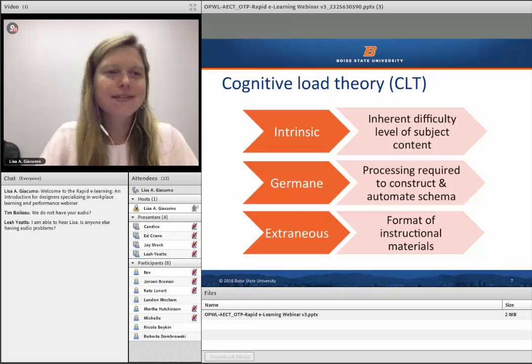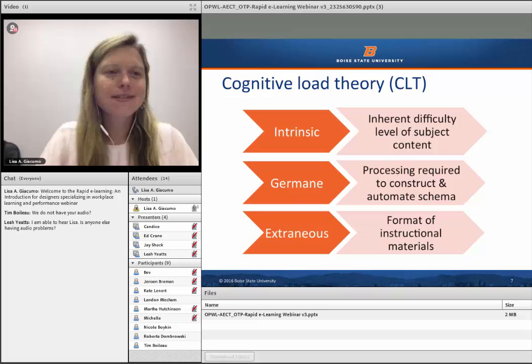A schema is a pattern of thought or behavior that organizes categories of information and the relationships among them. It can also be described as a mental structure of preconceived ideas, a framework representing some aspect of the world, or a system of organizing and perceiving new information. The information included in the schema and the instructional materials fit into one of the three categories shown on this slide: intrinsic, germane, and extraneous cognitive load.